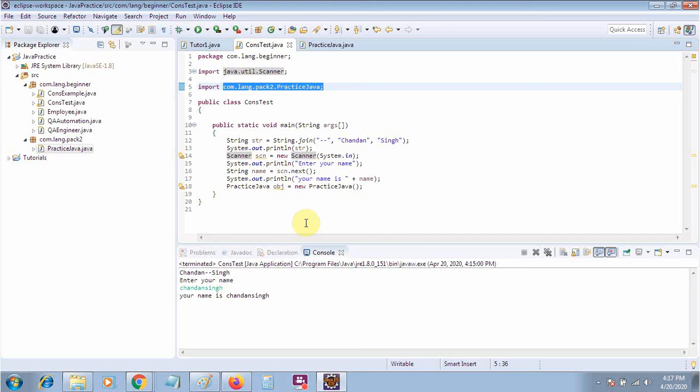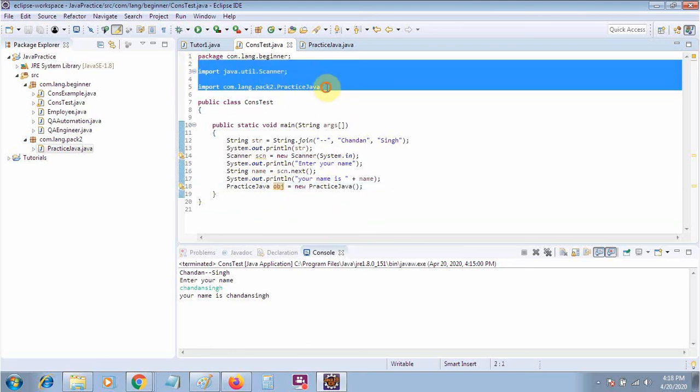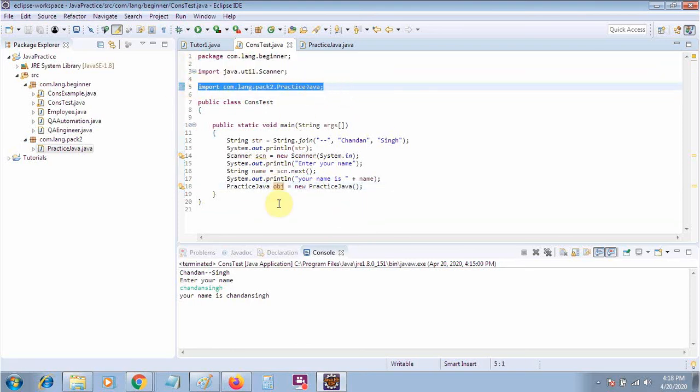Package means you are having similar kinds of things, classes and methods, in one place, and similar kinds of classes and methods in another place, in another package. So if you have any concern like that, where you have to create two classes with the same name, you can achieve this concept by the package only. In this way you can import your package, and when you import your package, you can access all the classes of that package.